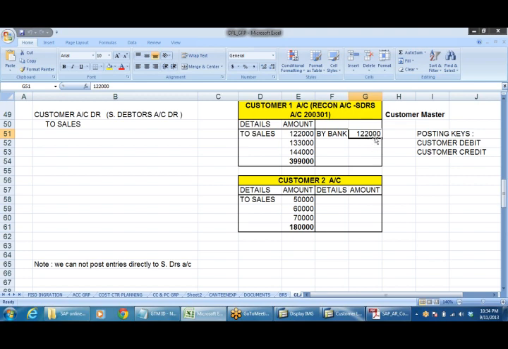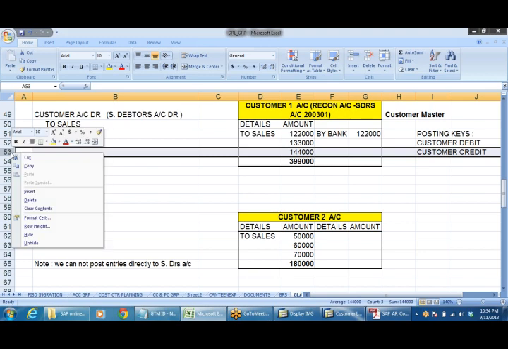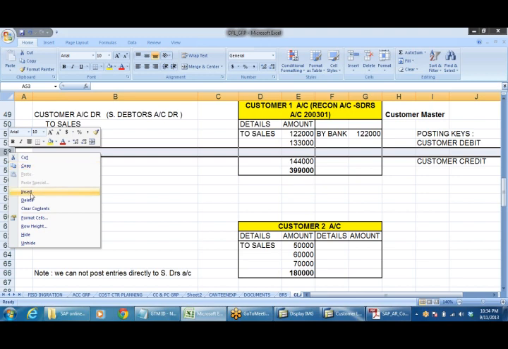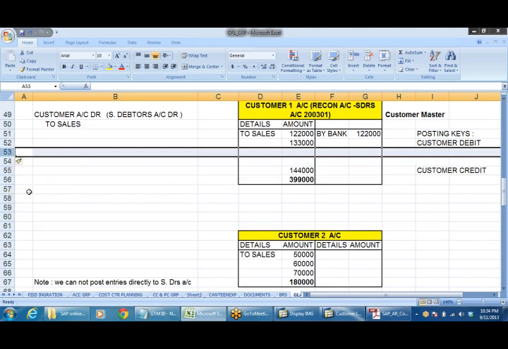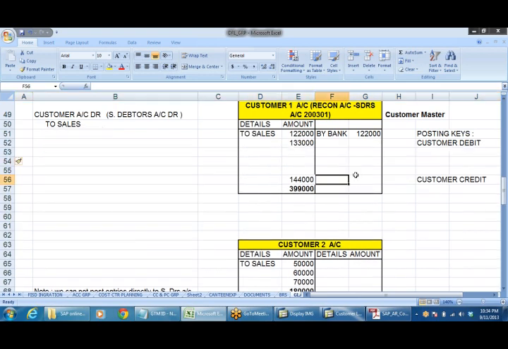Whenever I receive payment, say 1,22,000 is the invoice amount.